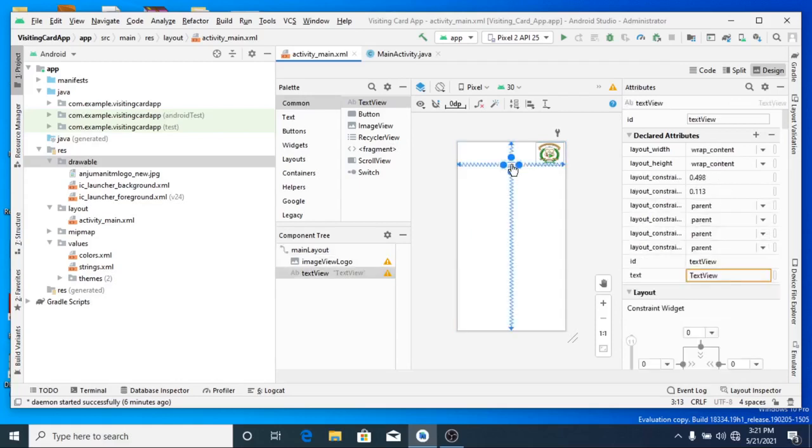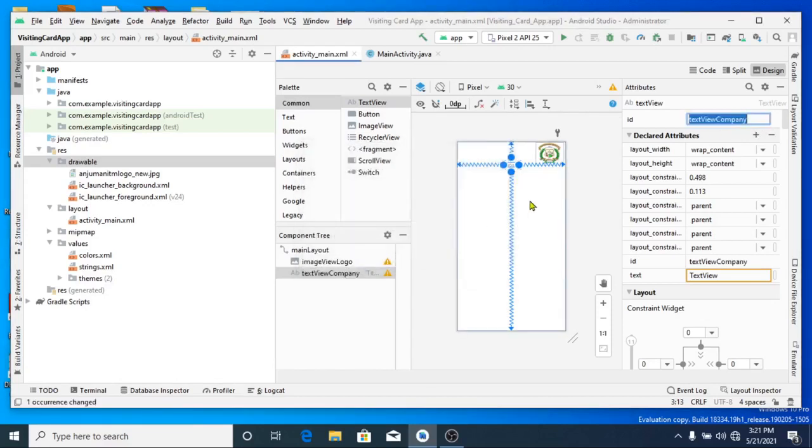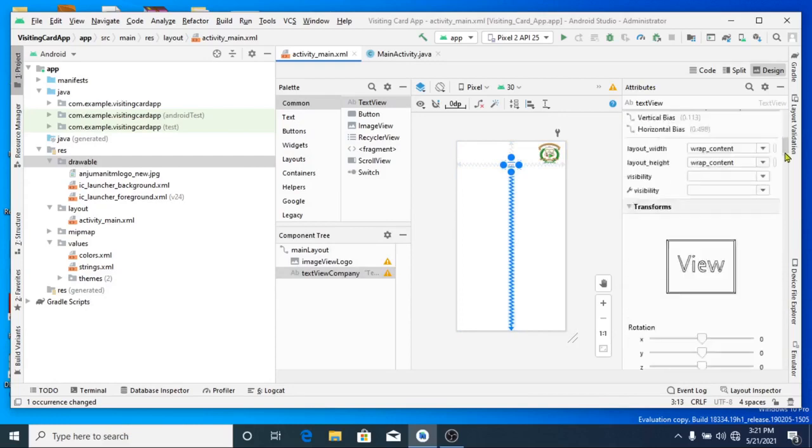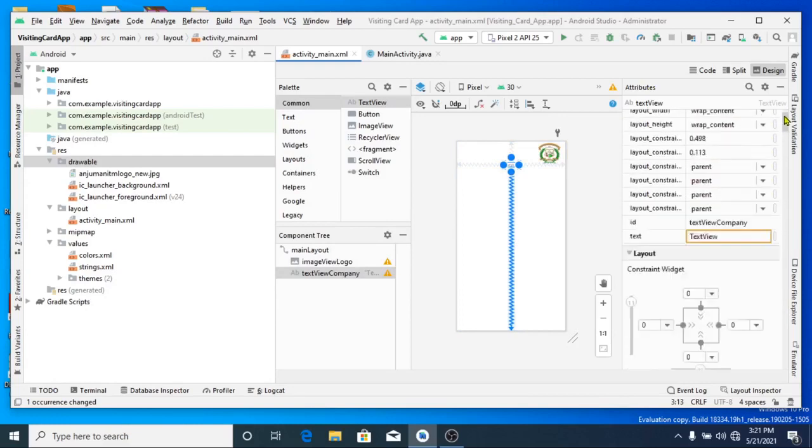Now, this text view has a lot of attributes. First thing is ID. I will identify it as company name, because that is the title. Enter it, refactor. Now, first I will change the size. There are hundreds of attributes for each text view or widget.